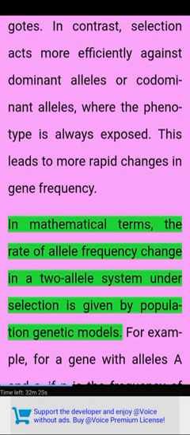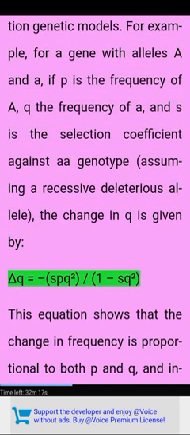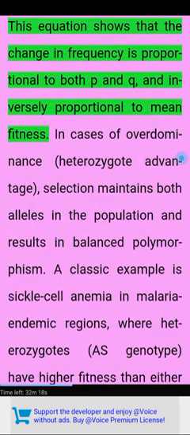models. For example, for a gene with alleles A and a, if P is the frequency of A, Q the frequency of a, and S is the selection coefficient against a genotype, assuming a recessive deleterious allele, the change in Q is given by delta Q equals SPQ squared over 1 minus SQ squared. This equation shows that the change in frequency is proportional to both P and Q, and inversely proportional to mean